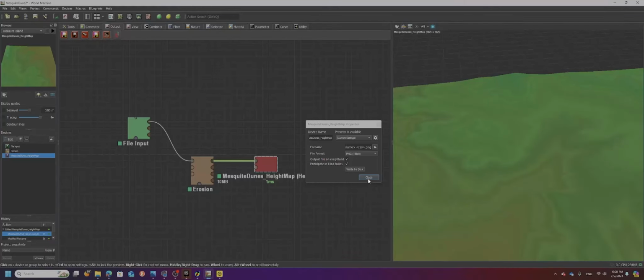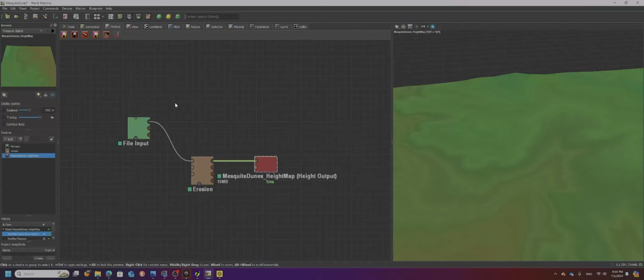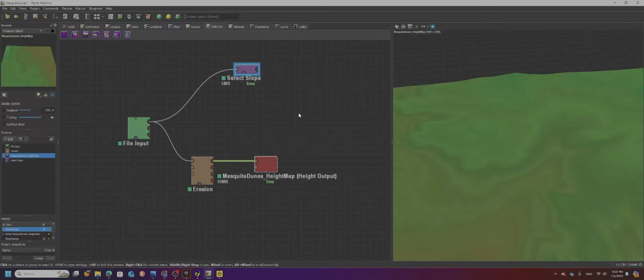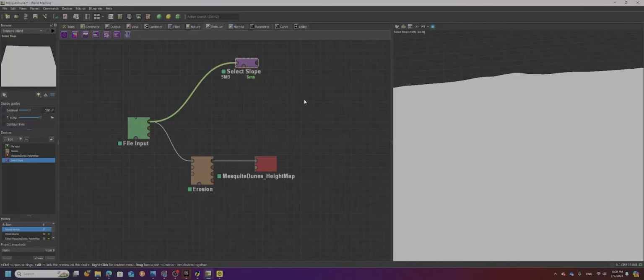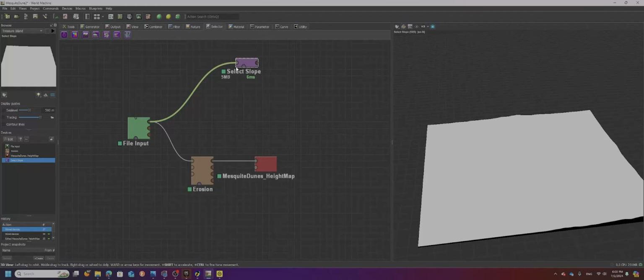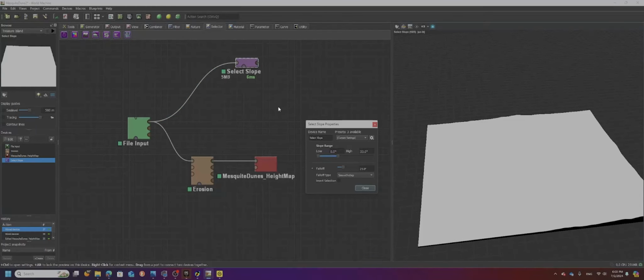All right, so that's one piece of it. But we also need some slope maps, sorry. I'm going to close that. Now, again, we can do it a couple different ways. We can go into these and find where the slope maps are, which are under selector, or we can drag out from here, and you'll see that select slope is one of the top 3 on here. It's used quite a bit. Okay, and when I click on it, it turns everything white because my terrain is so flat. So if I double click on it,